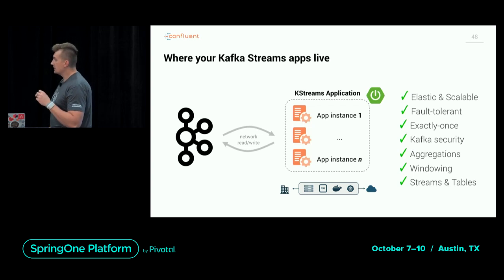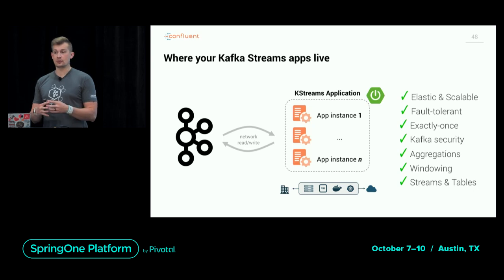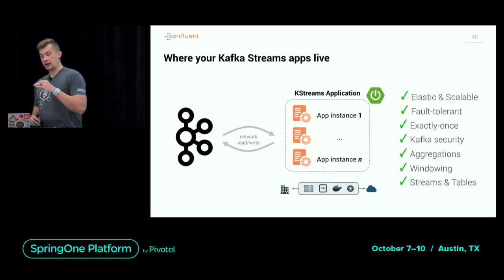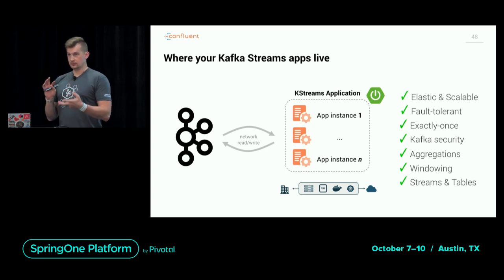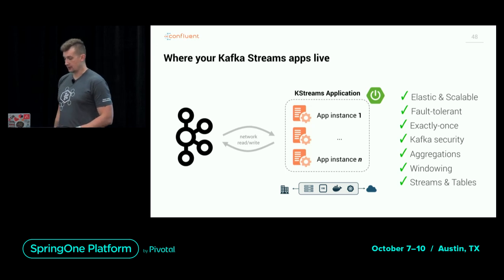Kafka Streams is not just a toy that you can fit in some library. You can actually scale your application. You can run this in the distributed mode, and it's a built-in concept that the Kafka consumer group propagates to the Streams applications.